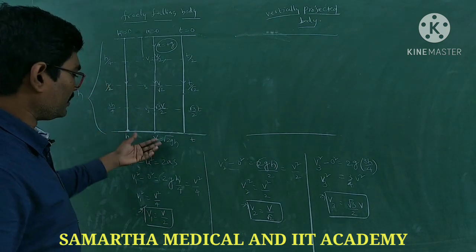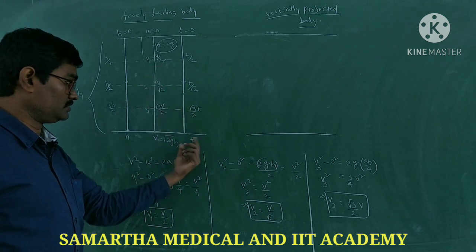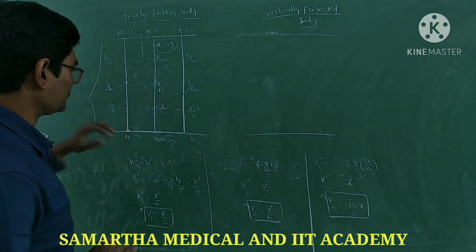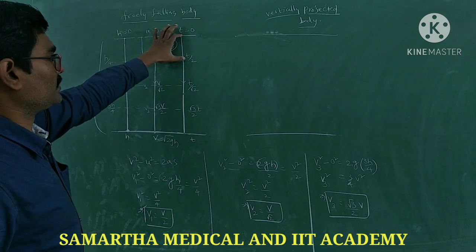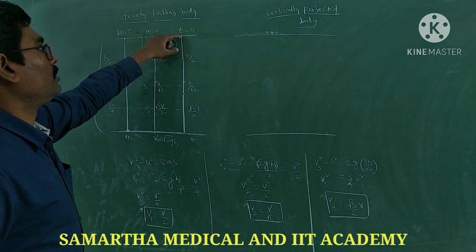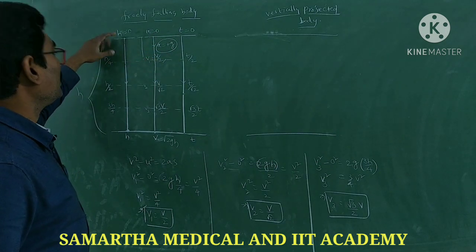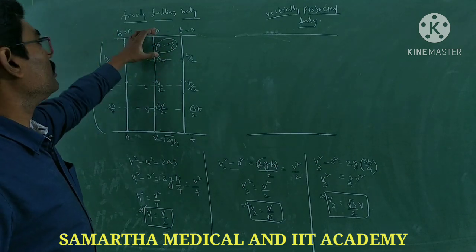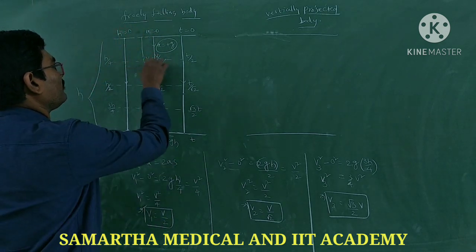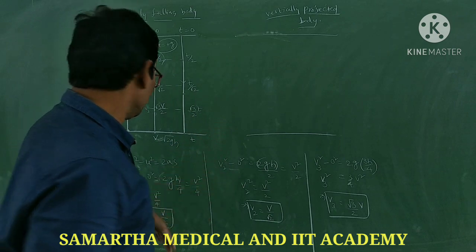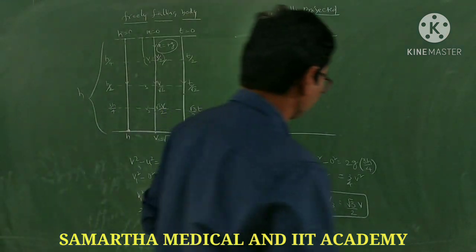So after traveling h, you know, v square minus u square equal to 2ah, v4 is h. Clear? Right. Next. I wanted to calculate the time taken. So how much time it takes when it reaches h by 4, or when it reaches a velocity of v by 2. When it acquires a velocity of v by 2. So that time, you see here how to calculate.